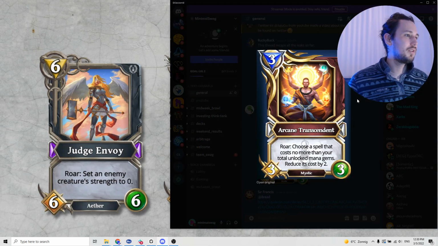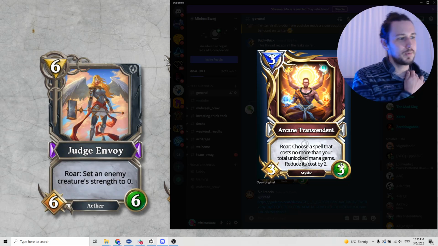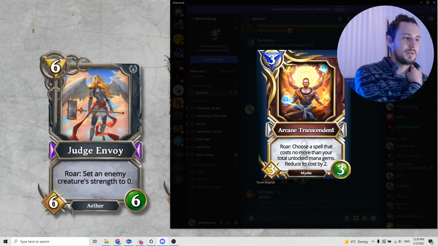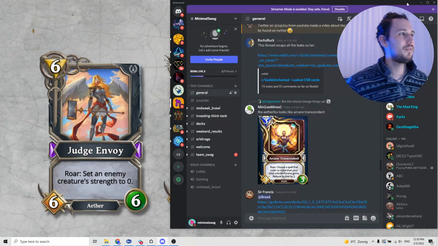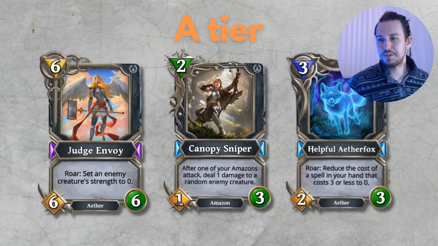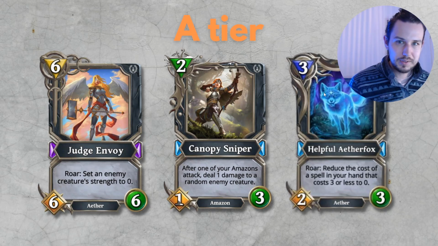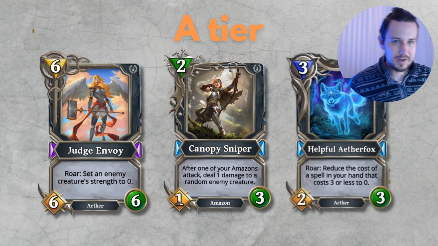So you see Samsung here, as said in the Discord, Arcane Transcendent, or choose a spell that costs no more than your total mana gems, reduces cost by 2. So we do have a card that is similar to that already, and it doesn't really see much play. So we'll just have to really see. The Aether Fox could actually end up going down to B tier, but I just have a soft spot for